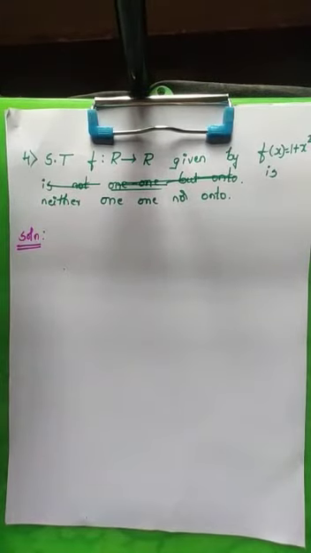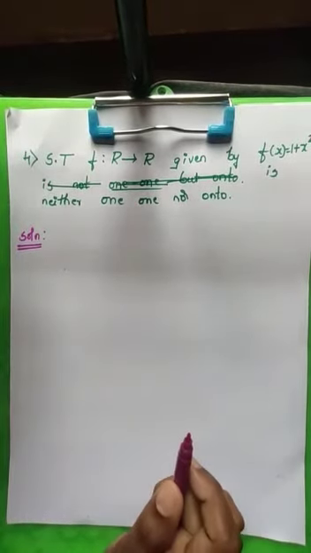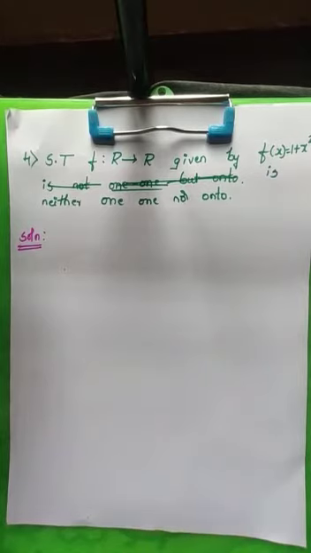I hope whatever we have discussed in the previous sessions, you have understood the problems or how to go and solve the problem. So today we'll solve one more problem of the same kind. By now you should know what kind of functions are one-one, what kind of functions are onto, and the reason why the given function is one-one or onto.